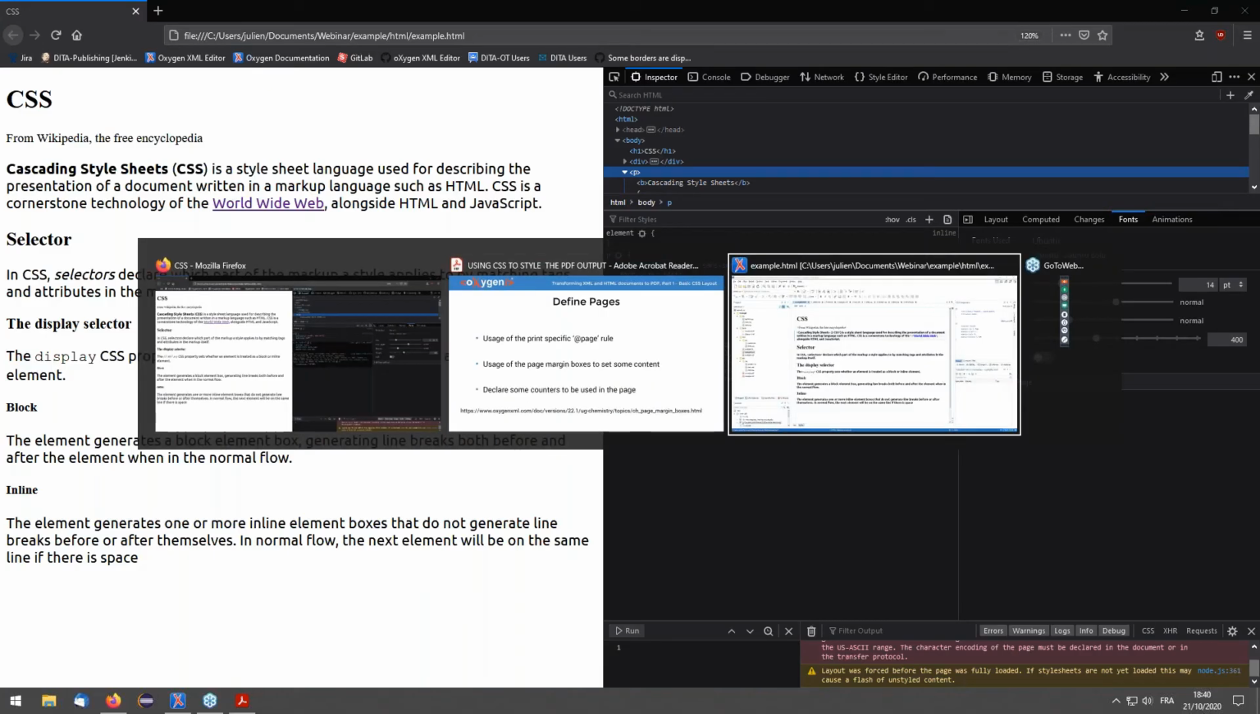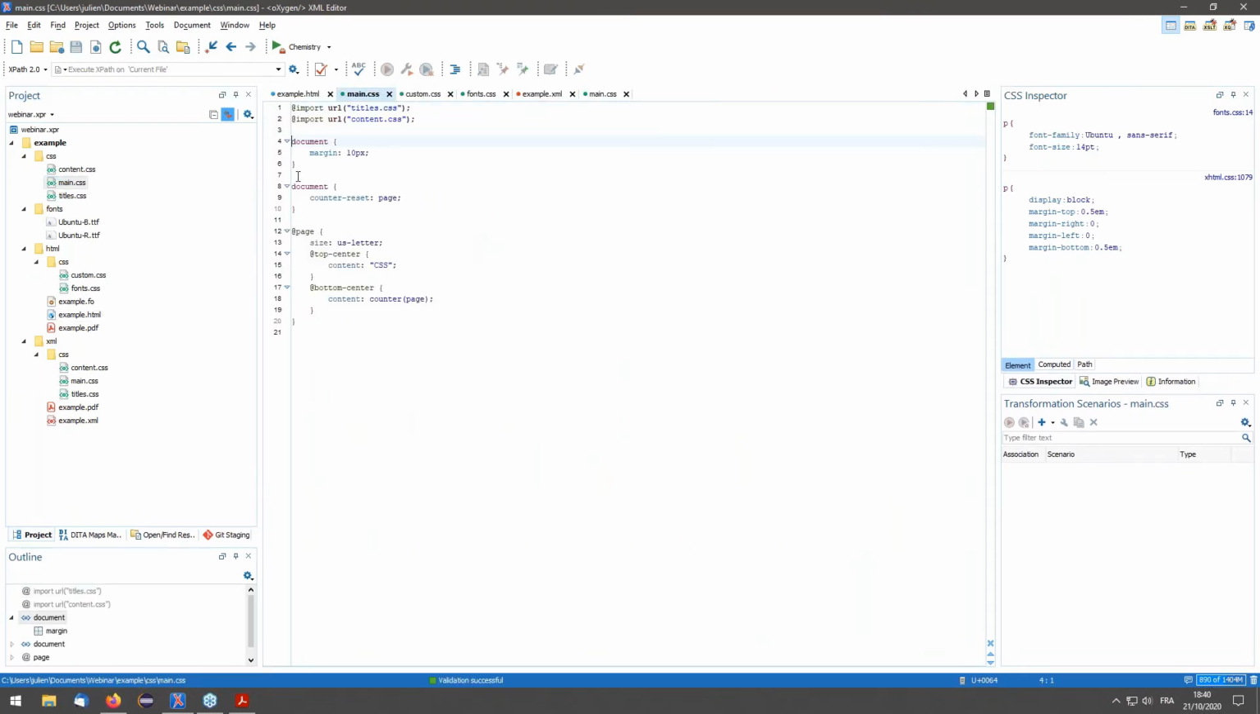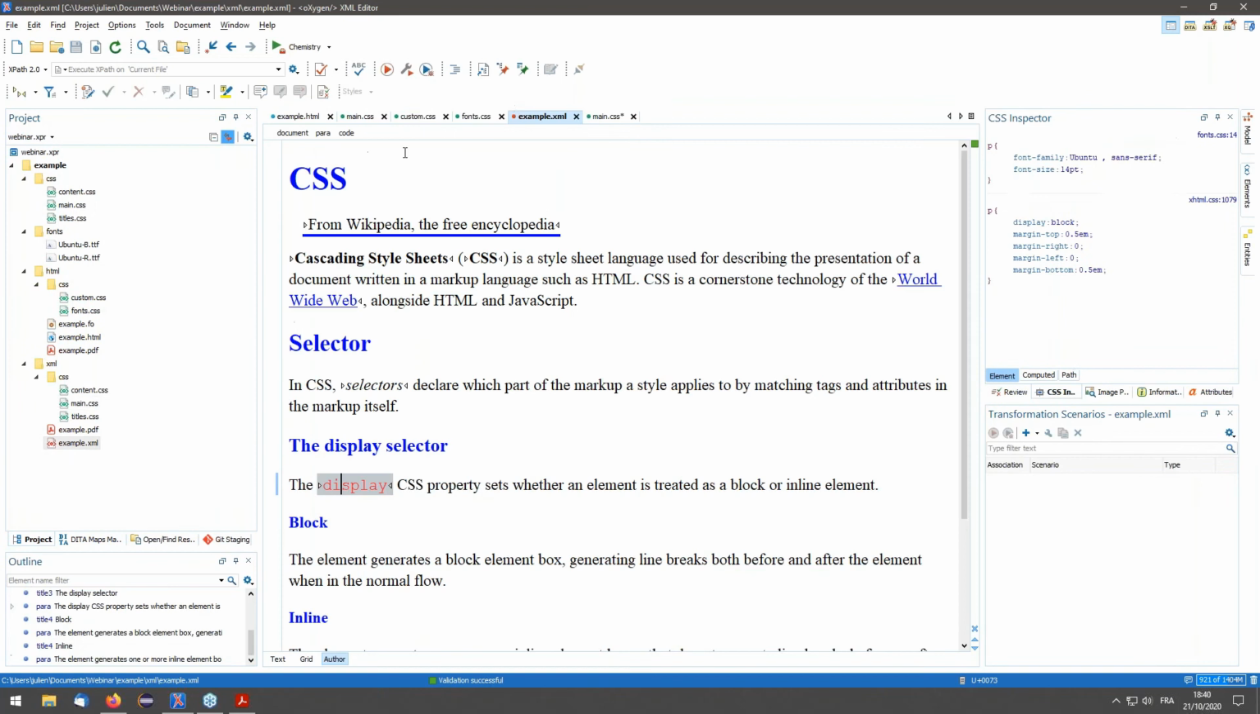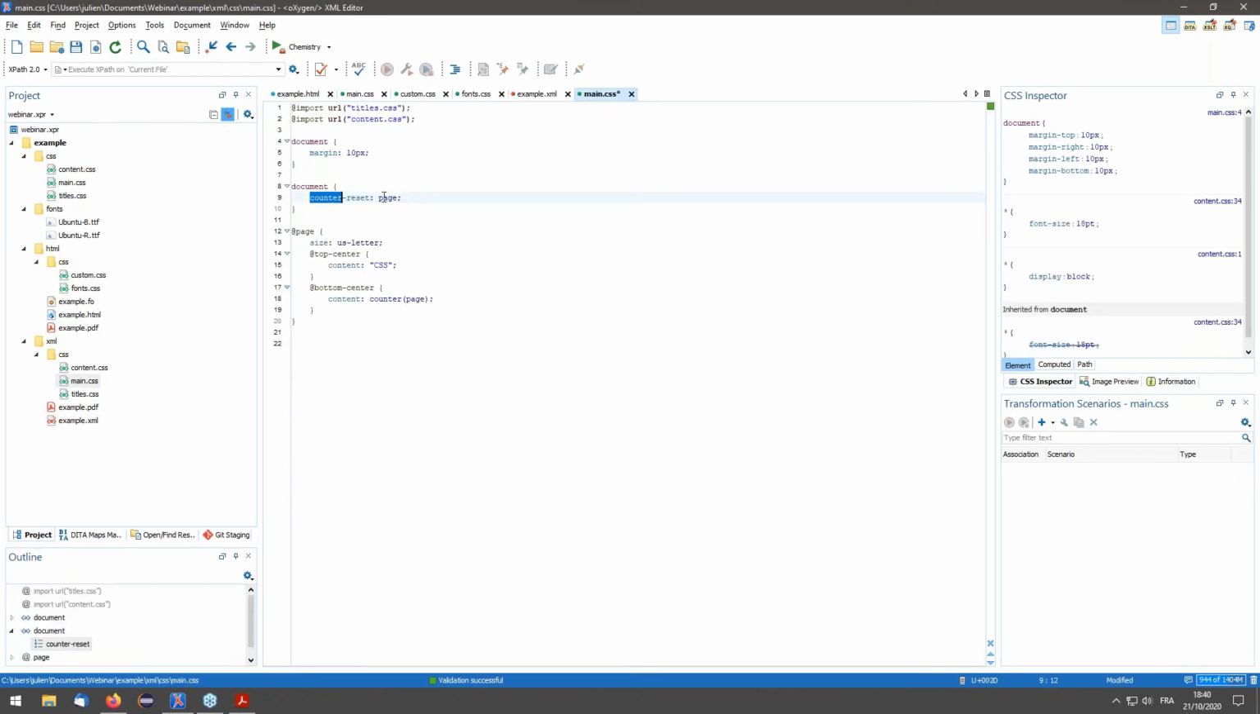So let's go to my example. I will go back here. Now I will use a defined page. You may see here that I defined a counter, which I reset on the root element of my document. So my XML element is starting with document. So I set a new counter called page, and I set a new page rule, which says that the page